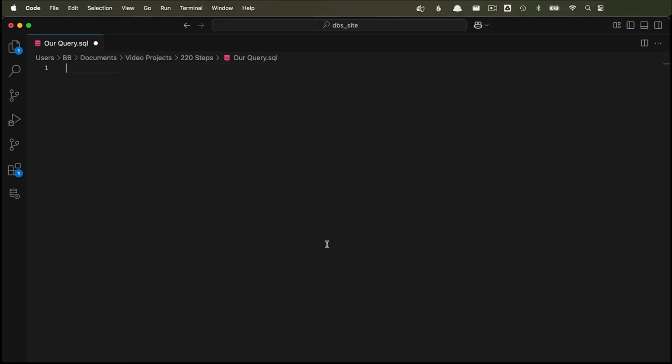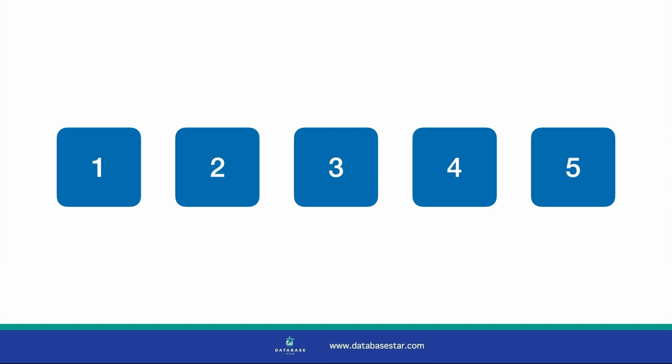If you've ever stared at a blank SQL editor thinking, I know what I want, but I have no idea how to write it, you're not alone. This happens to me quite often. Most people struggle to think through the problem before writing the SQL to get the data they need. So let me walk you through a 5-step process that will help you translate any business requirement into a clear,